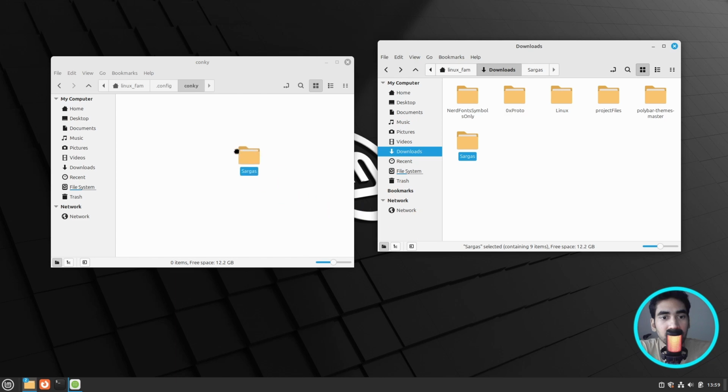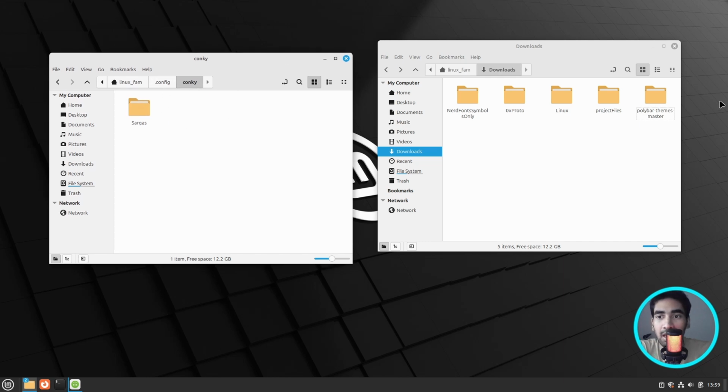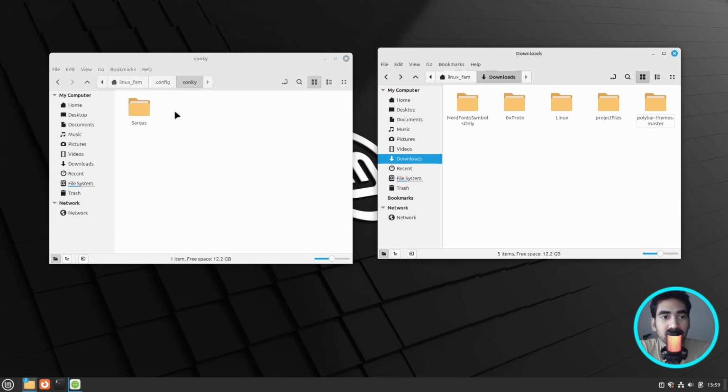So I'm going to do the same, drag and drop the conky file inside the dot config and then conky here, and then go inside the conky folder, and